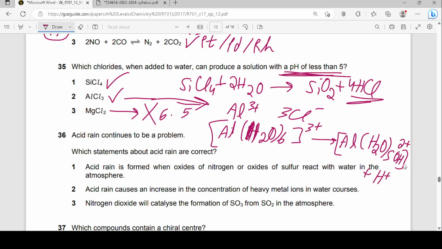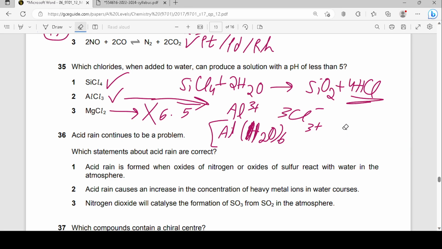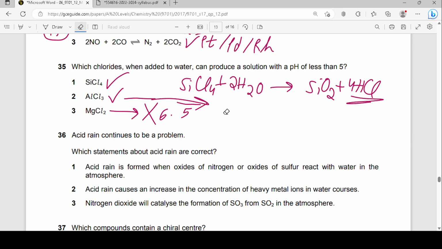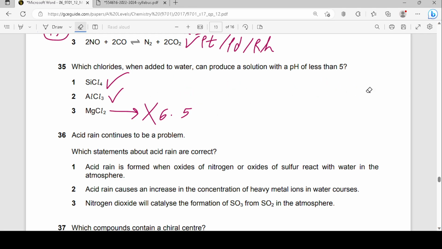So one of the water molecules has decomposed, and this keeps on happening until these H+ ions, these protons that are released, basically make the solution acidic. So that's why you get an acidic solution, as I mentioned. It will have a pH less than 5. Even for SiCl4, you'll have an acidic solution. But MgCl2 has pH 6.5, which is not less than 5. Obviously, 6.5 is greater than 5. So that's why I'm not counting 3, but 2 and 1 are right. Therefore 3 is definitely wrong, so 2 and 1 are right. And that's just going to be